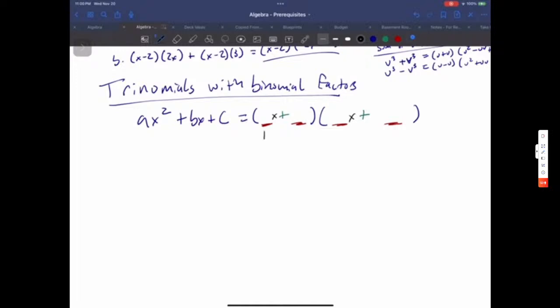And these are going to be the factors of a, and these are going to be the factors of c. So the goal is to find a combination of factors of a and c so that the outer and inner products add up to the middle term bx. For instance, in the trinomial 6x squared plus 17x plus 5, you can write that,